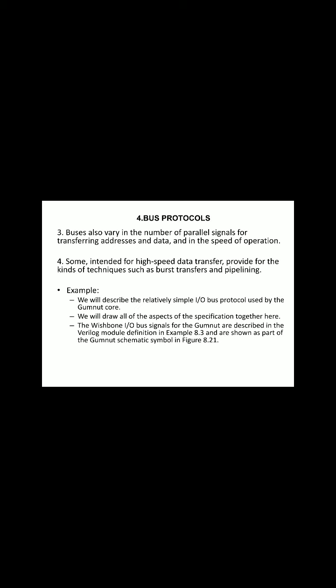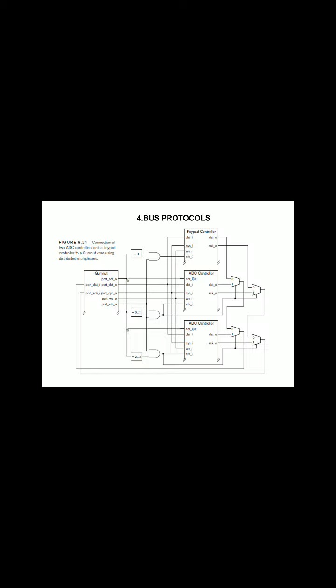We'll take an example of the GumNet core processor. In the GumNet core processor, which type of bus are we using? We are using the Wishbone bus. This is an example of the GumNet core processor where we use the Wishbone bus protocol. For an ADC controller, you can see the GumNet processor is driving the ADC controller. You can see multiplexers are used as buses. There are different ports: CYCO, STBO, WEO, ACKI, ADRO, DATO, DATI. All this we addressed in the previous class while explaining GumNet Core.